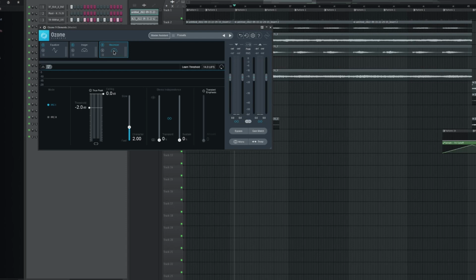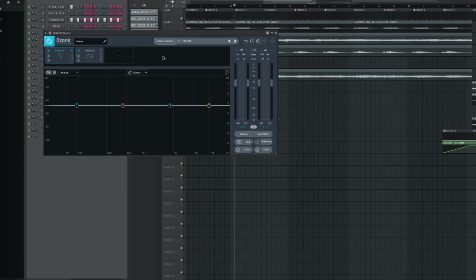You don't get any clipping in the master, but you're also not just absolutely slamming it. It really just takes control of the dynamics, makes it feel really natural, and it's a much better alternative than just slapping a limiter on your master track. So I use this all the time, and what's cool is if you get the advanced version, then you can